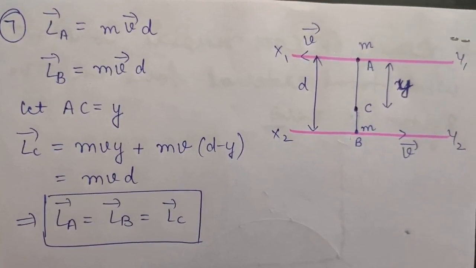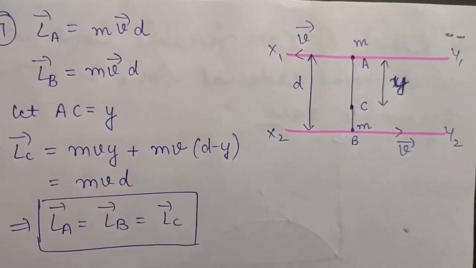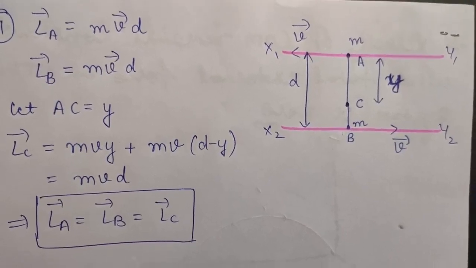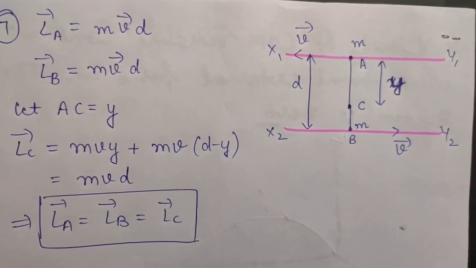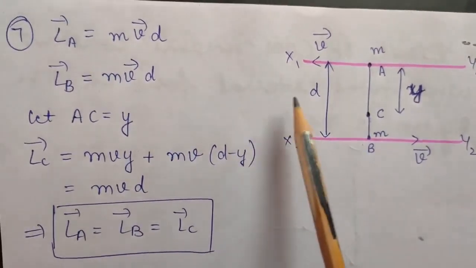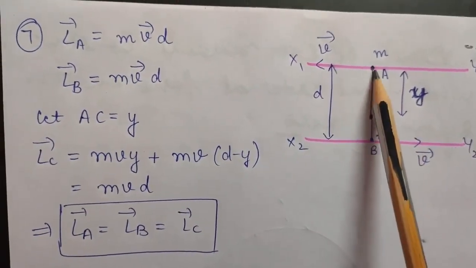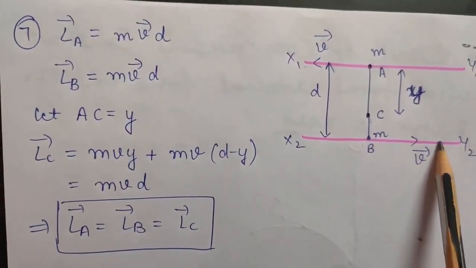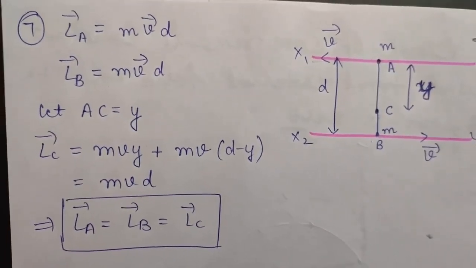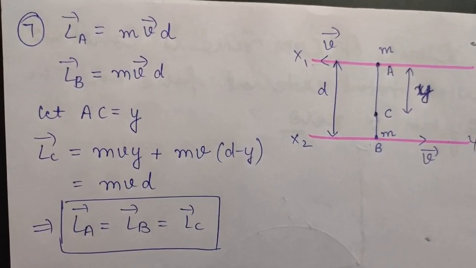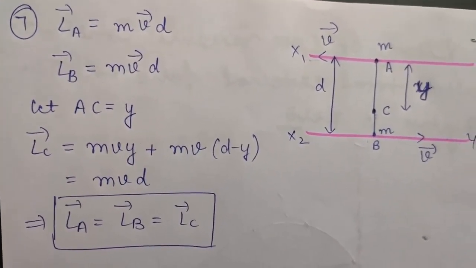So now let us discuss question number 7. So it says there are two particles each of mass m and speed v which travel in opposite directions along parallel lines separated by a distance d. That is, this is a particle m and this is another particle m. They are traveling in opposite directions with the speed v, okay, in the parallel lines. Then you have to show that the vector angular momentum of the two particle system is the same wherever be the point about which angular momentum is taken.